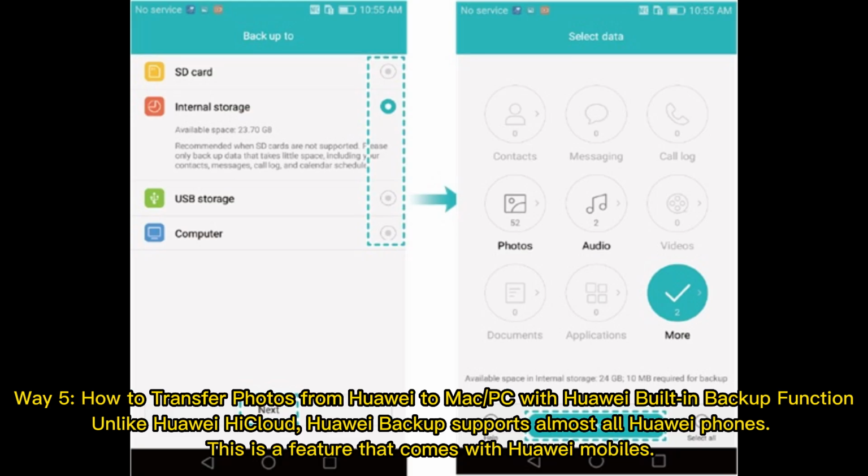Way 5. How to transfer photos from Huawei to Mac or PC with Huawei Built-in Backup Function. Unlike Huawei HiCloud, Huawei Backup supports almost all Huawei phones. This is a feature that comes with Huawei mobiles,